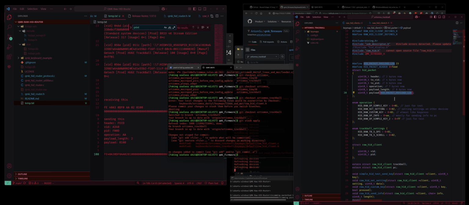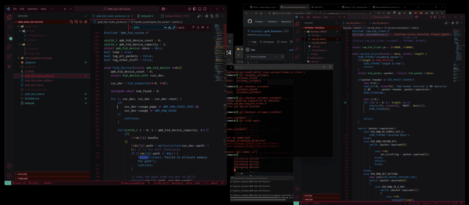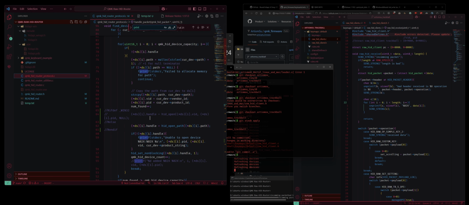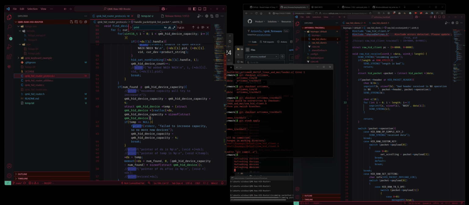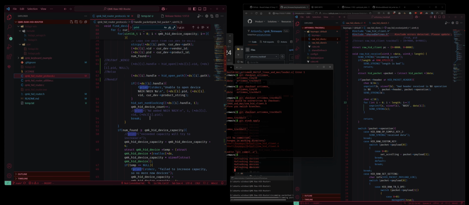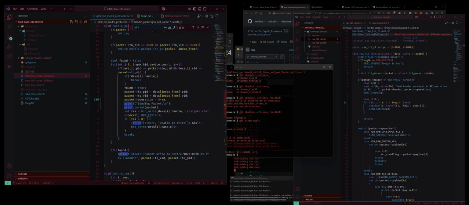Now we are back here with the 23 changes and all this here. Okay, so at the router level, when we are sending this, wait, where are we sending? Let's find device. Yeah, so when we're sending this,